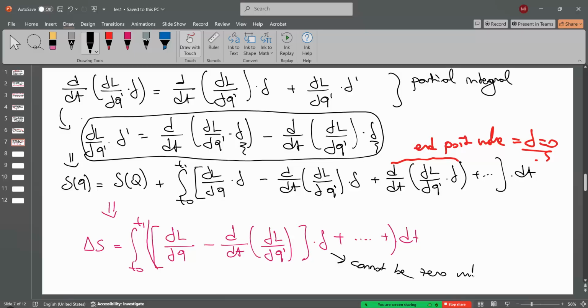But we should know that this value cannot be 0 at the endpoint. We remove the endpoint calculation because we cannot change in time at the endpoint of these terms, and so this is removed, but the other terms cannot be removed in here. And so in order to prove our theorem, this must be going to the what or equal to the what? Equal to the 0. And so if this term is equal to the 0,